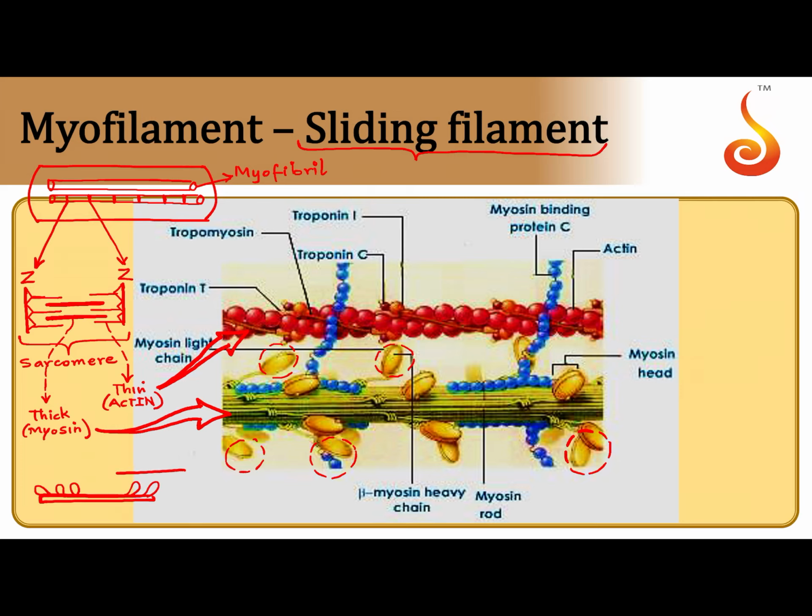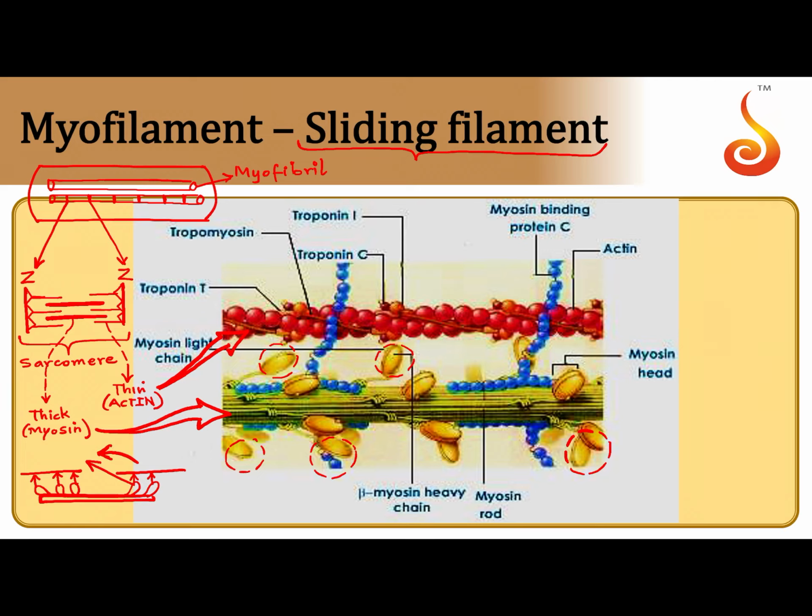So there's a thin filament on both sides. These heads want to establish a connection with the thin filament, and the bond that is formed between the myosin heads projecting out of the thick filament and the thin filament on the corresponding side is what is referred to as the cross bridge. And it's not just the cross bridge formation. After the cross bridge formation, the heads actually rotate towards the center of the sarcomere.